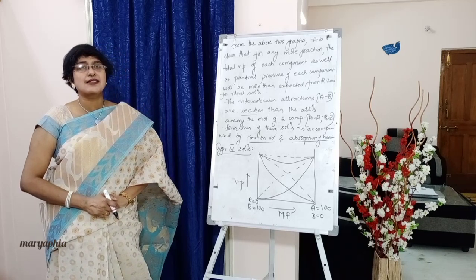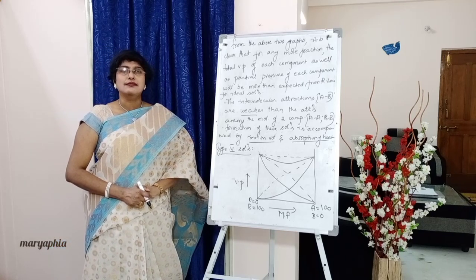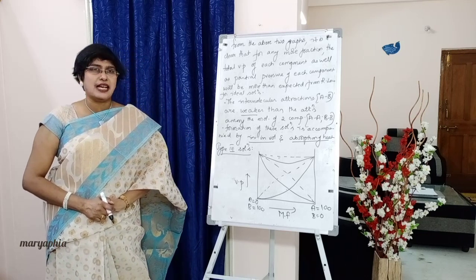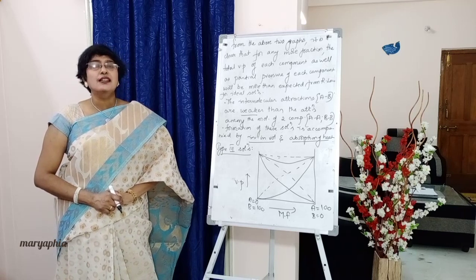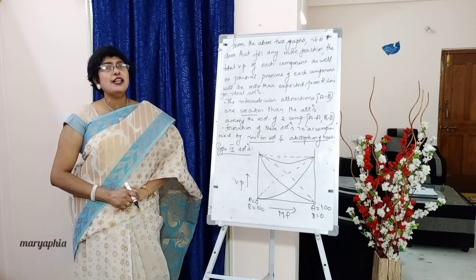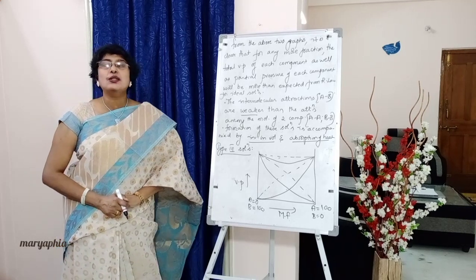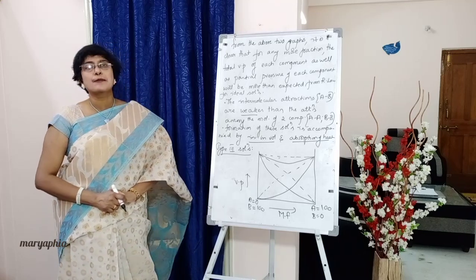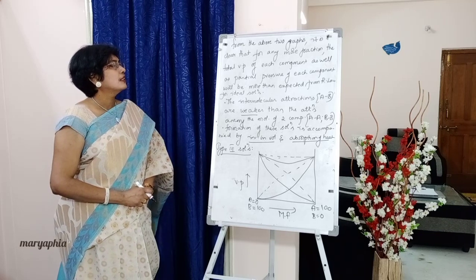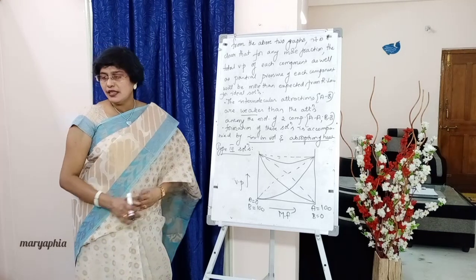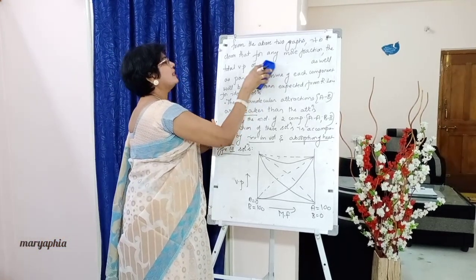From the above two graphs, it is clear that for any mole fraction, that means at any composition of A and B, the total vapor pressure of the solution, not each component,